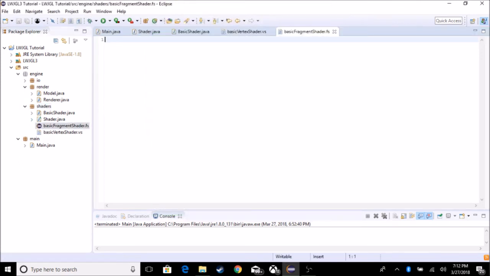So if it changes to like a Visual Studio, it's probably because it's one of those file extensions. I'm not going to use Visual Studio because I don't know C or C++. So I'm just going to write fs on here for Fragment Shader. Okay, so now with our